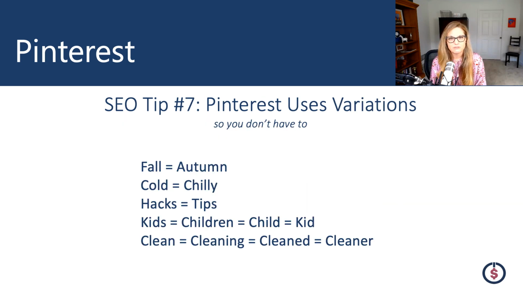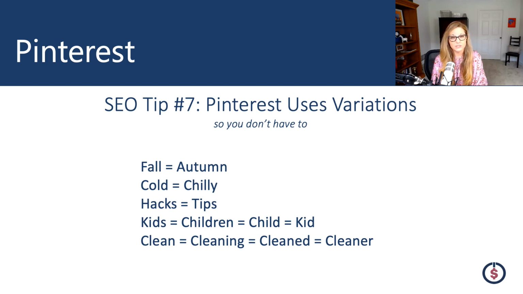Another really interesting fact is that Pinterest uses variations so that you don't have to. So when you do a search for, we'll go back to our fall gardening, if you did a search for autumn gardening, they would understand that autumn and fall are interchangeable, and so they're going to include those in the search results. Same thing with different forms of the word, like cold versus chilly, or hacks also means tips. Words like kids, children, those are all interchangeable to Pinterest, so you don't really have to worry about